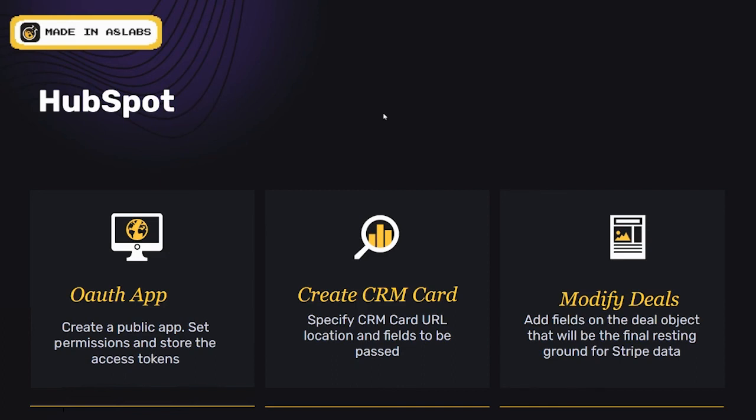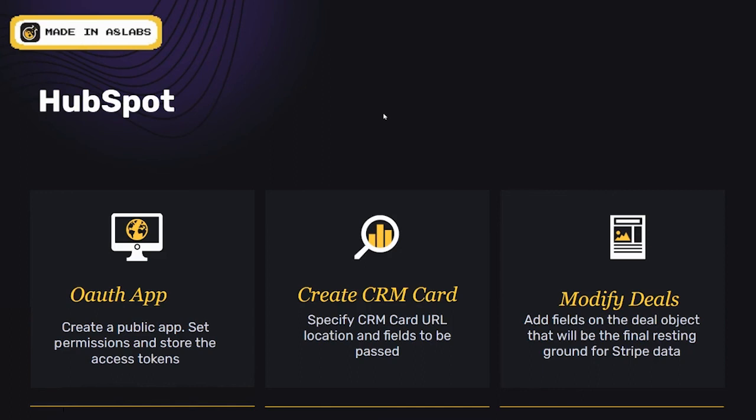So now that we have it created, next we want to talk about what the CRM card is going to come from. The CRM card basically allows you to take external data from someplace on the internet and bring it into HubSpot, essentially in the form of an iframe. Because it's in the form of an iframe, and because CRM cards don't interact directly with the HubSpot UI, I mean, it does, but in a very limited fashion, you have a lot of control over what happens within this CRM card.